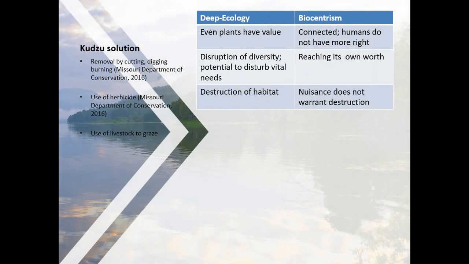While difficult, it can be considered that the aforementioned species, being animals, have a conscious thought of their own well-being. They learn to avoid danger, hunt for food to survive, and seek the best area to reproduce to increase numbers. But how does the deep ecology and biocentric thought apply to plants? The current solution in the southeast to remove the plant is to trim, dig, burn, and herbicide. The latter treatment brings up the concern Rachel Carson expressed in Silent Spring with pesticides.